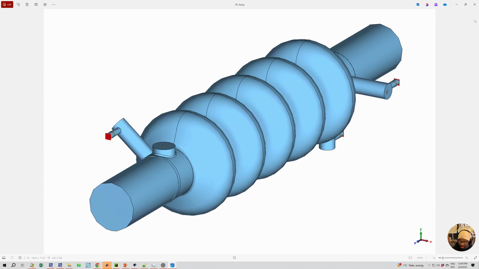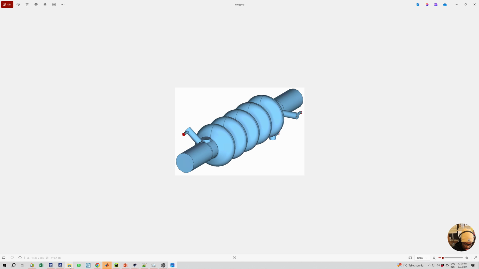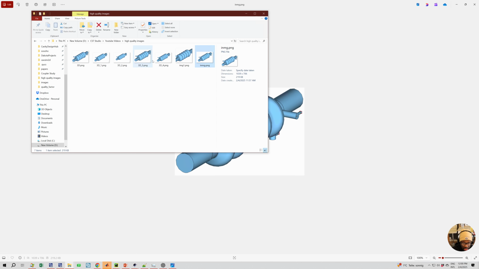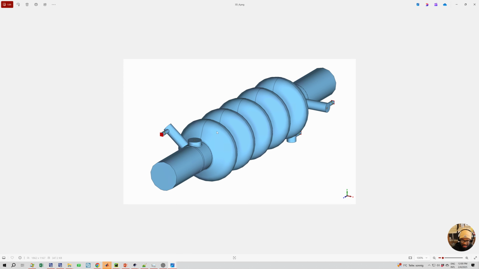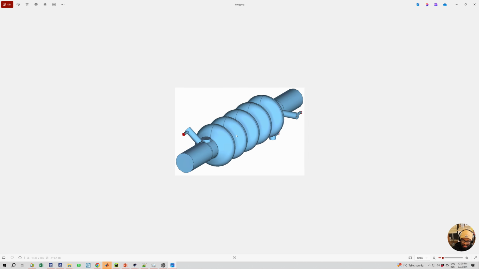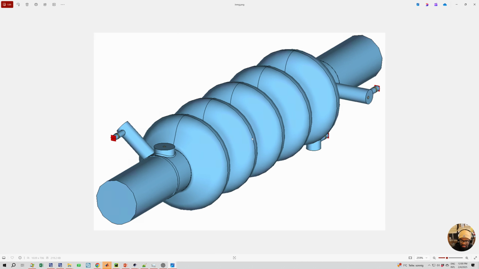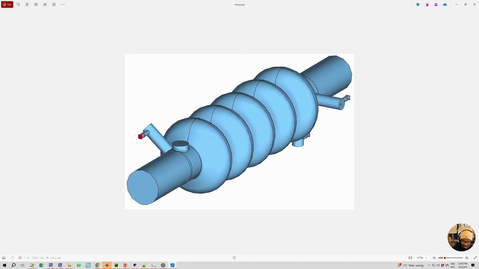Now can I zoom out of this? I think I have to close it and open it again before I can zoom out. I wonder why. Oh boy, yes. So if you zoom out, you do not really see so much of a difference. But if you really need high quality images, especially for presentation,